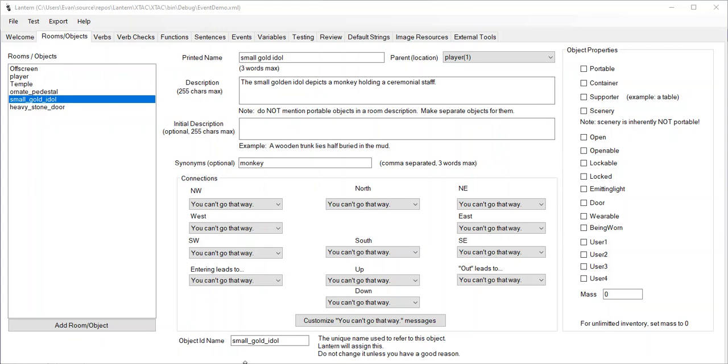In this video, I'm going to show you a demo of how events work. Events are special functions that run every time the user successfully enters a command, and they can be used to check for situations in the world that may require attention. So what I'm going to do here is create an Indiana Jones-like scenario where the player's got this statue and they've got to put it on a pedestal, and when they do that, a door is going to open